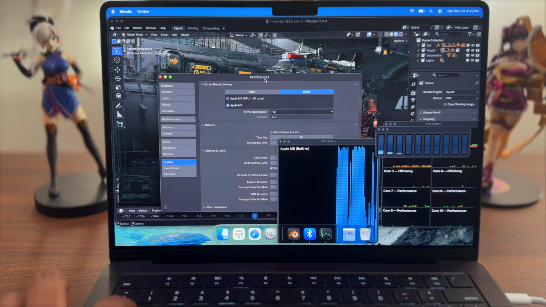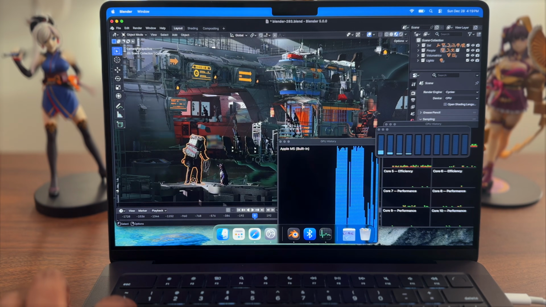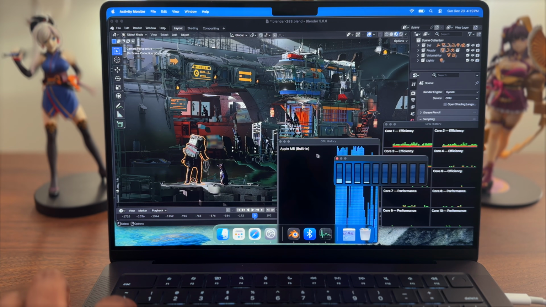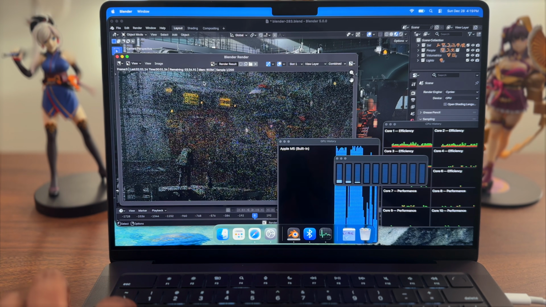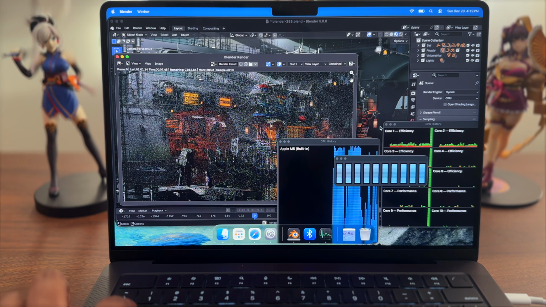Preferences, and I'm gonna open the CPU only. Now, I do not recommend that you use the CPU only to render, but what I am trying to showcase is the difference between the GPU history and then the CPU when we are using the CPU only. So let's go ahead and render. We do not care how long this would take. I will share the numbers with you, but that's not our main concern per se. Our main concern is